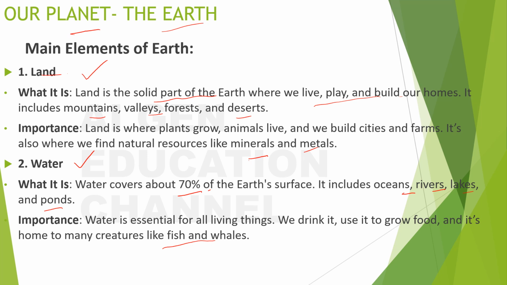So can you stay for 4 hours or 5 hours straight without water? No, no, you will feel like, no, I want to drink, right? It's because even our human body is made up of water. See, so drinking water is so important, and we have water on our planet Earth. That is the reason we can survive.